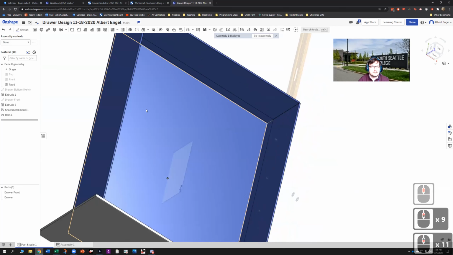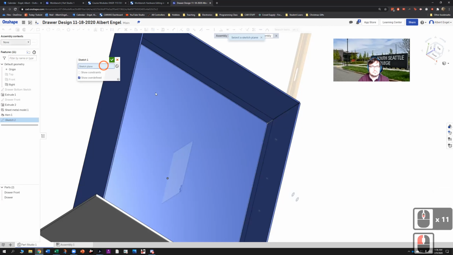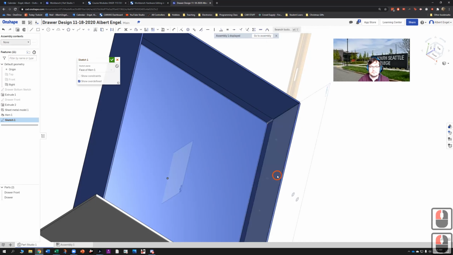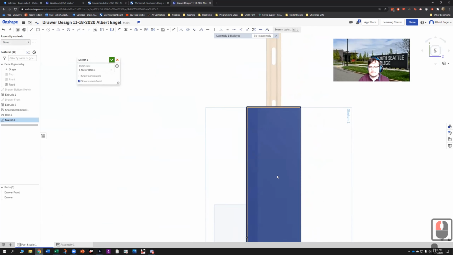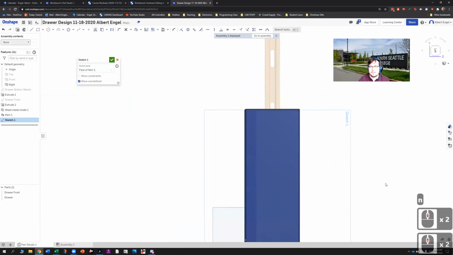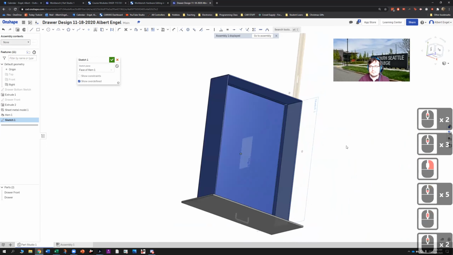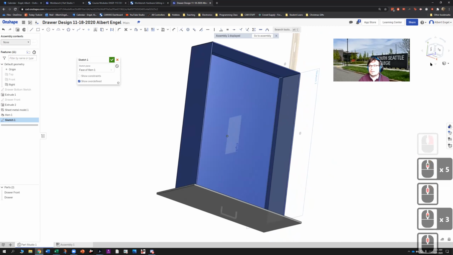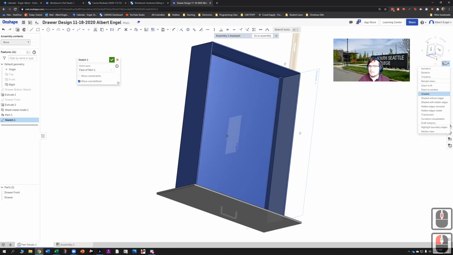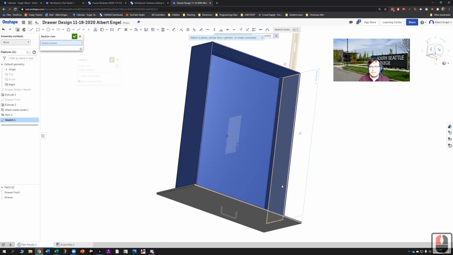What we're going to do now is I'm actually going to create a sketch on that plane. I want to hit normal to that plane. Now this is a little bit annoying. You'll notice I can't see what I'm doing here. I might need a section view to help me out. So I'm going to do that. I'm going to come up to views, and I want to do a section view,